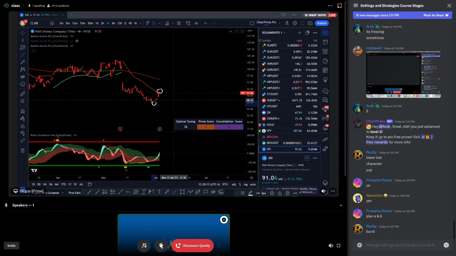If that goes to the moon in one single candle, I bet you it's gonna go to hell in the next candle, right? I mean, the farther or the fastest it goes up, the fastest also it goes down. Again, whatever goes up needs to go down. So if you don't catch it on the way up, you catch it on the way down, right? That's all right. As long as the market is moving, you can make profits. So don't worry, the market is not going anywhere, especially not Disney.